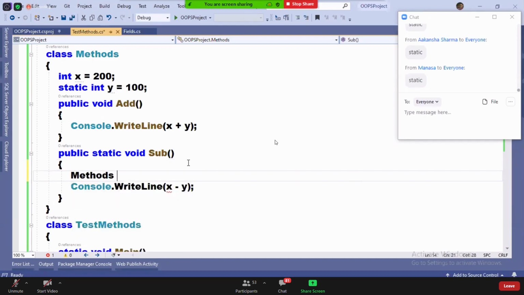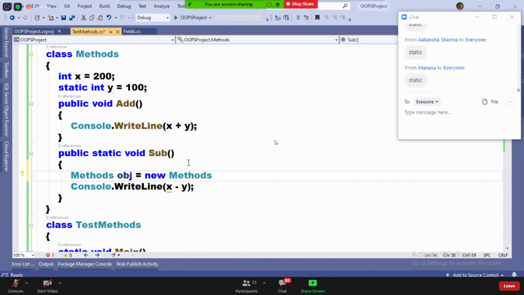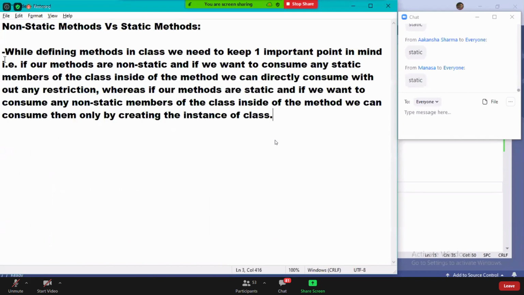Means Methods obj is equal to new Methods. Create an instance, and then you are required to call it as obj.x. That is the only point we require to understand with the methods. Read this description.